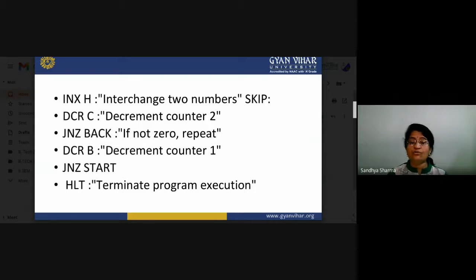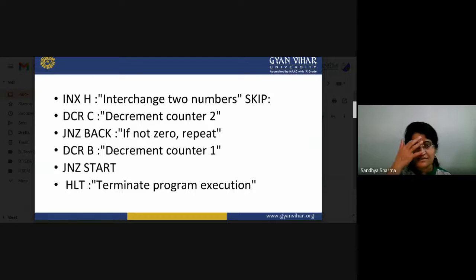So from 0 to 9 you have to repeat the above process many times. Again, you decrement B, decrement the counter by one, and again you check JNZ start. If you have not reached 0, then your whole process will start again. And when you reach 0, your process will stop. So that is the termination of the program. So the JNZ will start again from where we started, and we will read the next number, decrement again, compare it again, and then move on.